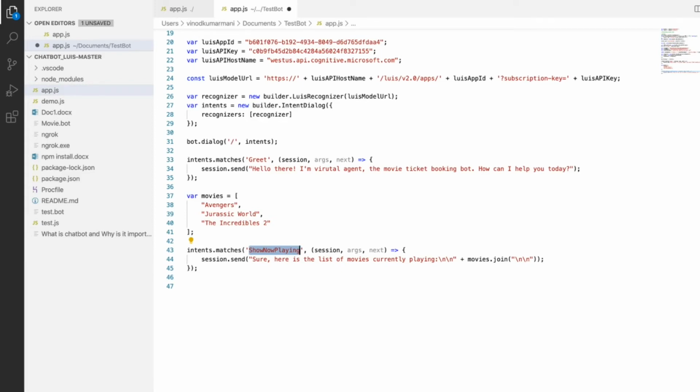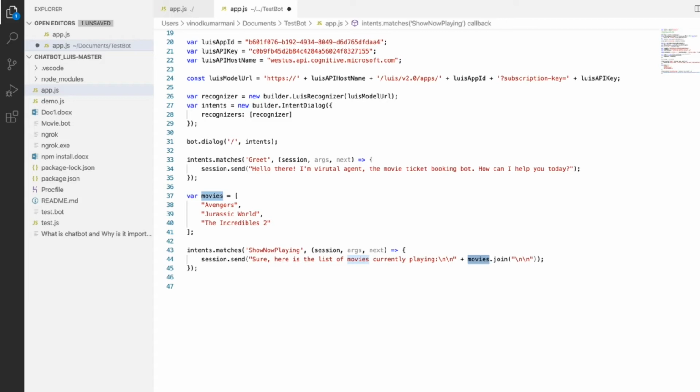So I appended movies.join as well, which you can see here along with the string text format. I also appended my array, Avengers, Jurassic World and the Incredibles, so that when the user asks what movies are playing right now, it responds.